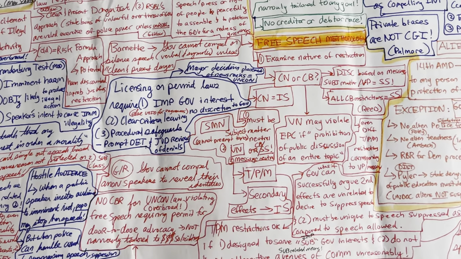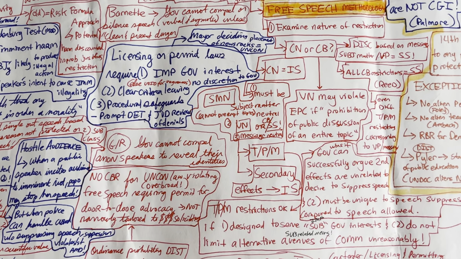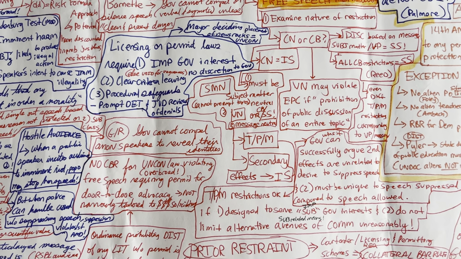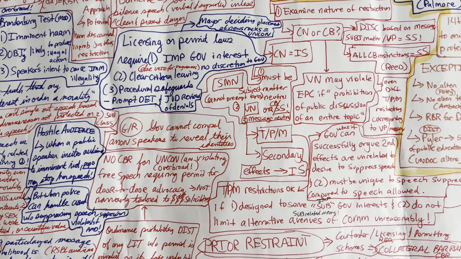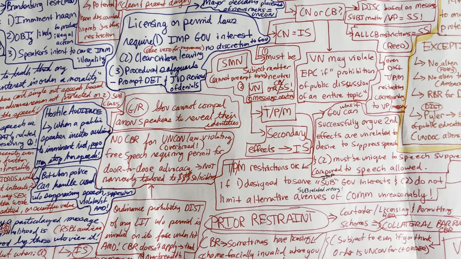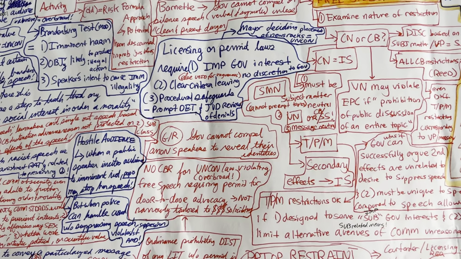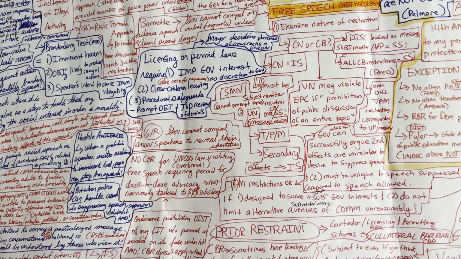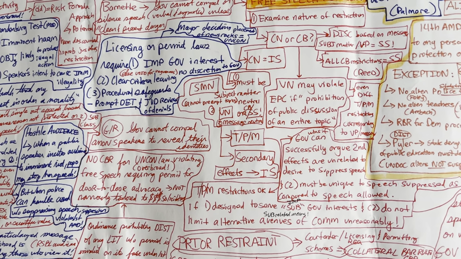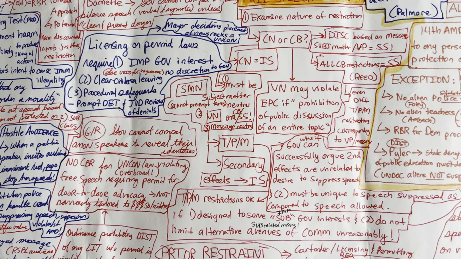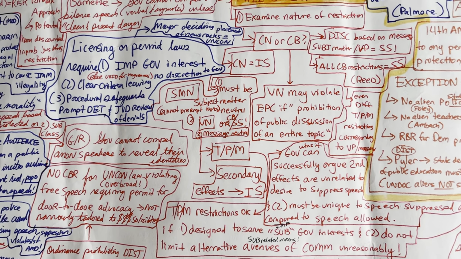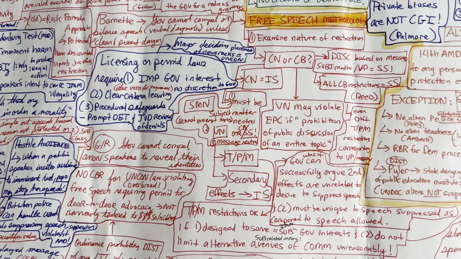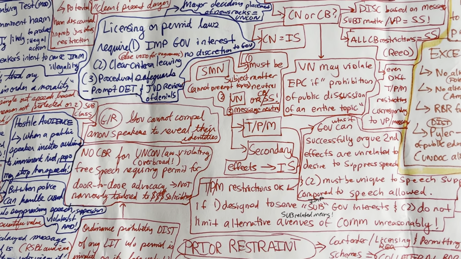In our analysis, we talked about fighting words, but in a general analysis of free speech, you need to first examine the nature of the restriction. Is it content neutral or is it content based? Remember that discrimination based on the message or the subject matter is actually going to trigger strict scrutiny. And generally from Reed, we know that all content-based restrictions will get strict scrutiny. So we want to distinguish viewpoints: if you're going to prevent speech based on viewpoint, that's going to get strict scrutiny.